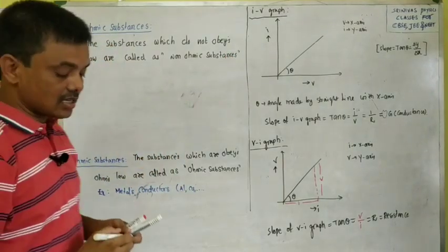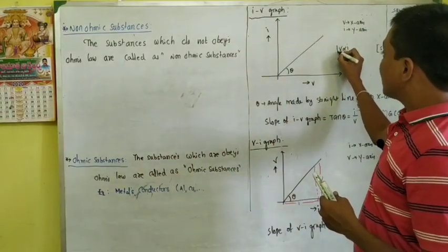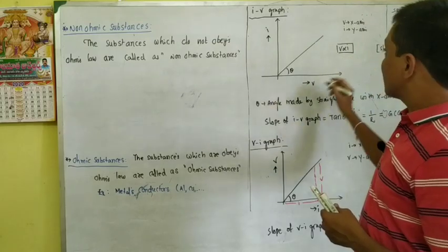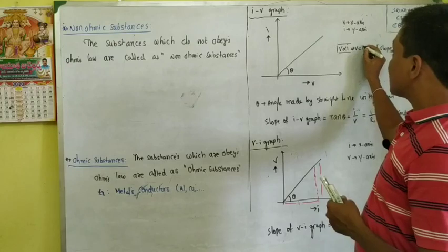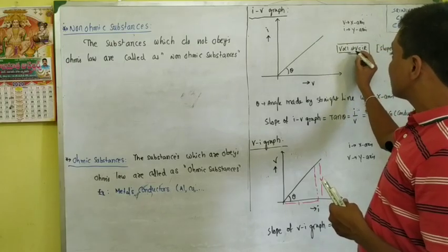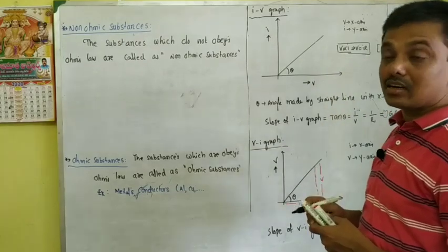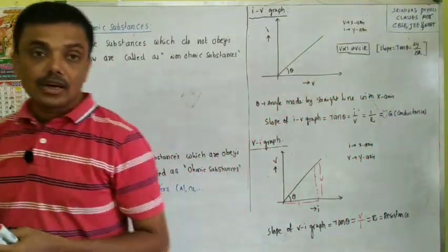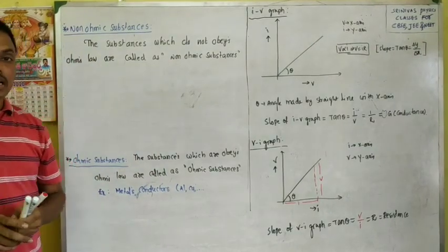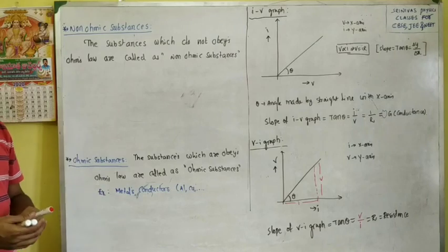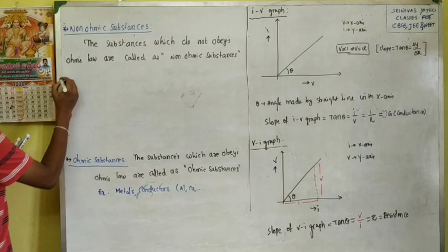Why did we get a straight line here? Because here V is proportional to I. When I increases, V increases linearly. Here Ohm's law is obeyed, that means V is equal to IR, which is just like y equal to mx, and y equal to mx is a straight line. But if any substance does not obey Ohm's law, then the VI graph is not a straight line. Examples for non-ohmic components: